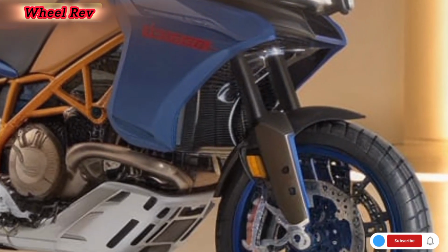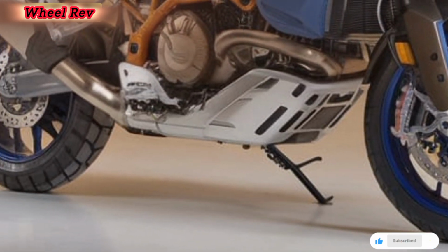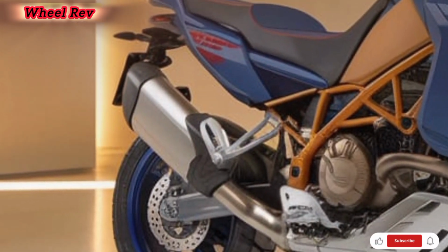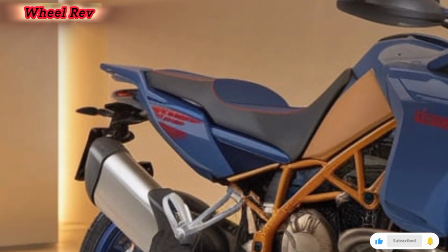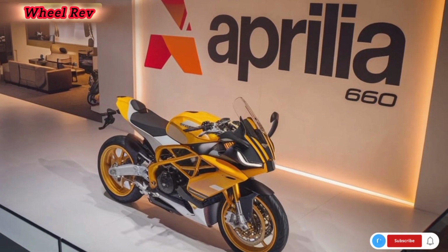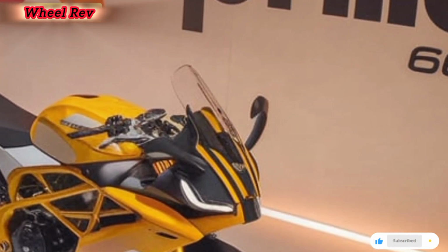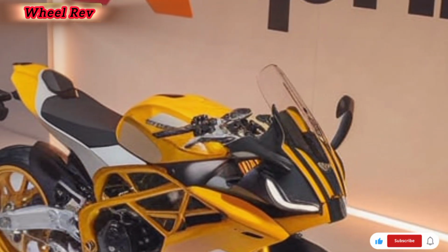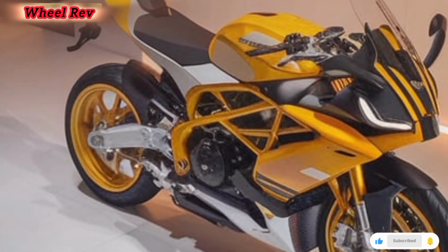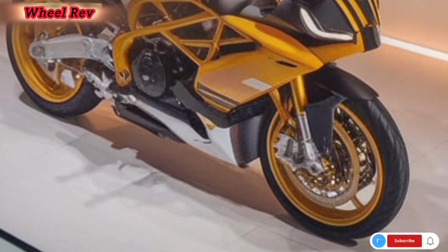The frame is a steel trellis design with an aluminum swingarm, built to be tough but relatively lightweight. And weight is another area where the Tuareg shines. Wet weight is around 449 pounds or 204 kilograms, and that includes all fluids and a full 18-liter tank. Aprilia has worked hard to keep the mass low and centralized, which translates to confidence, especially when the terrain turns unpredictable. Speaking of the tank, range is impressive. You're looking at over 300 kilometers, or around 200 miles on a single tank if you're not thrashing it. The shape of the tank also slims down nicely near the seat, giving you a narrow standover feel despite the